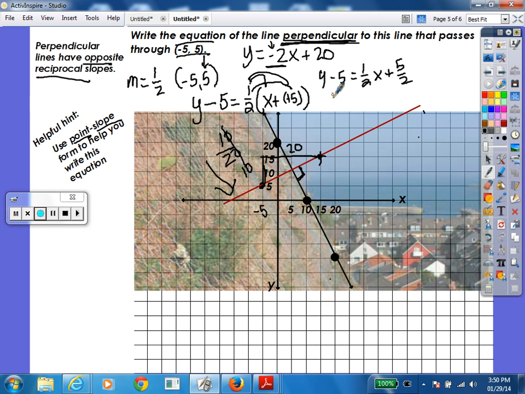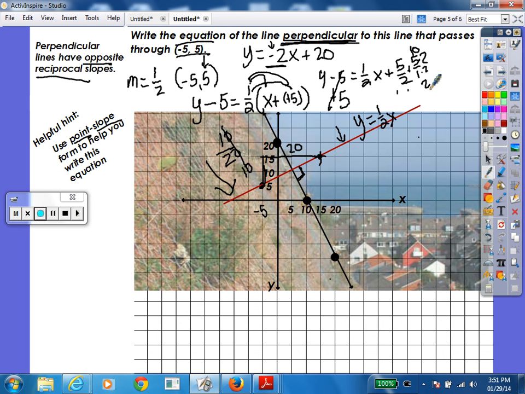You've just got to put it in slope intercept by moving this 5 over to this side. All right, so you get, we did it this way, didn't we? 5 over 1. So we're going to have common denominators. It's not that hard. So we get y equals, the equation of this line, y equals 1/2 x,